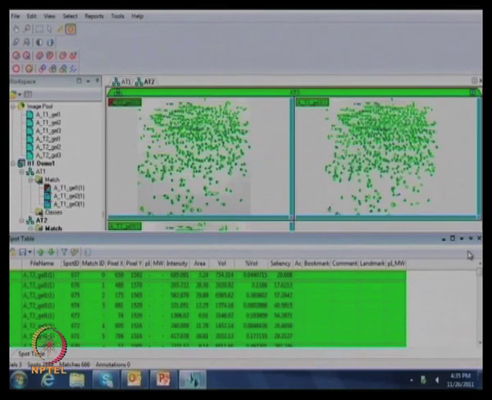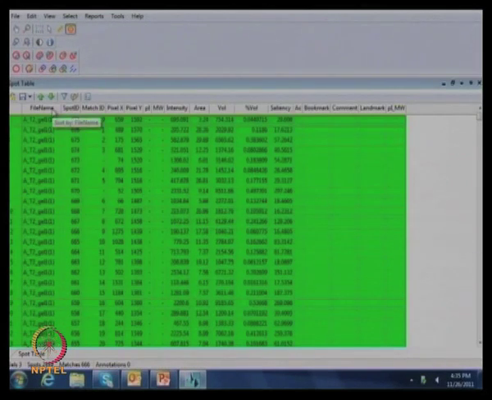See now, what parameters are displayed here in the spot table? This is the file name and the spot ID. It has given a particular spot ID for all proteins, and this is the pixels. This is the match ID, that means out of 6 gels, this match ID it is giving.